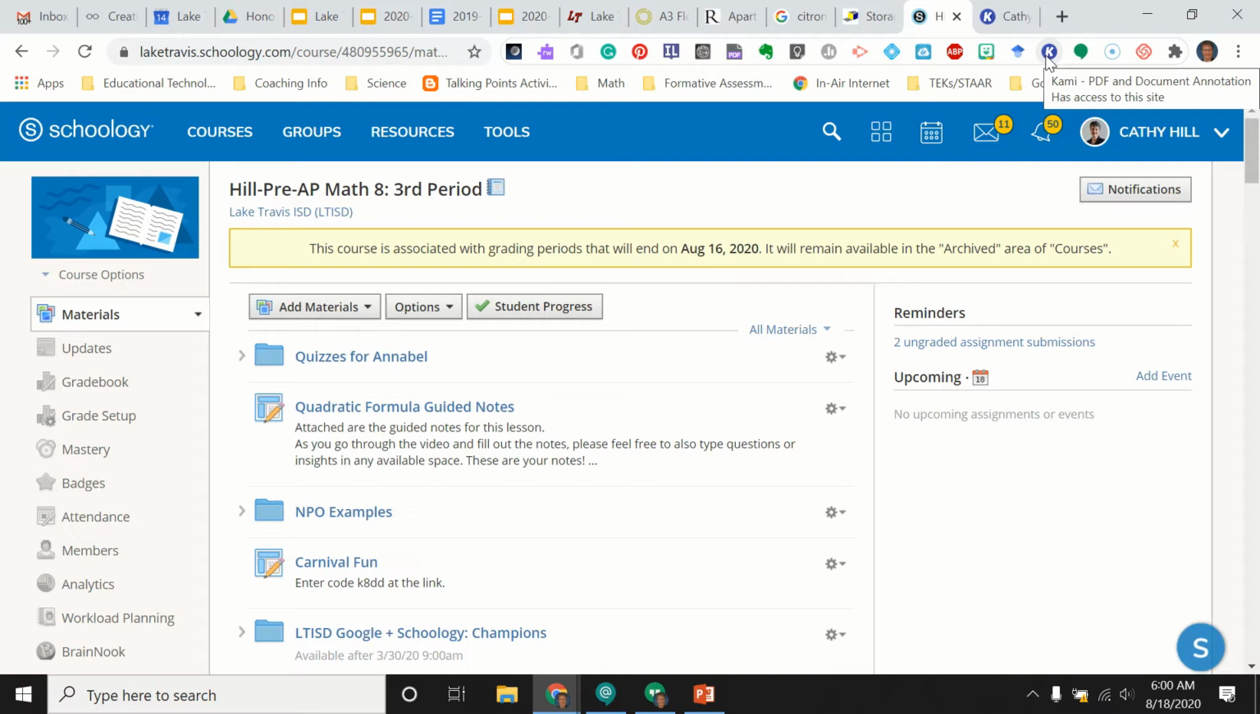and so it's going to allow you to be able to take your notes and that type of thing without having to print things out. So let's look at an example, and I'll show you just a few quick things to get you started using it, but I'm sure you will explore and find way more than what I'm telling you about. So if I go to Quadratic Formula Guided Notes and click on that,